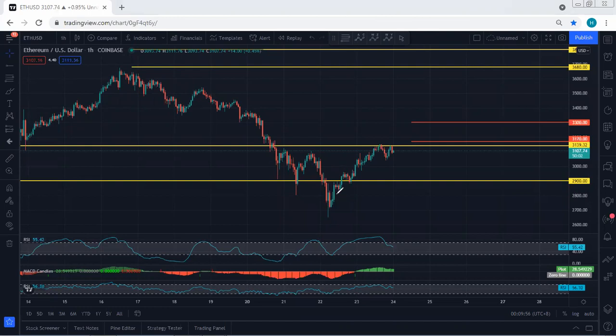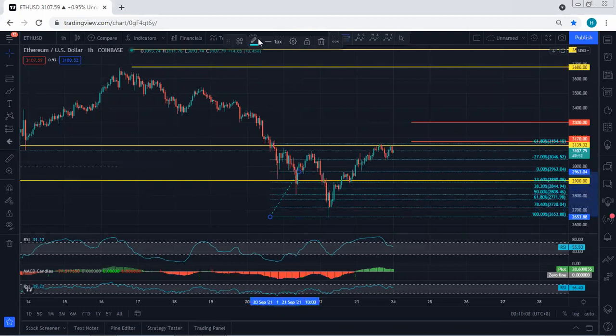Anyway, we had a reversal. There was opportunity to look for buy either from here or here. For those traders who got the trade, they should start to manage, because if we put our fib here, as we can see, we have been looking for 27 as the first target and 61.8 as a second target. As we can see, the price tagged 27 and even the second target, because our percentages are based on this move. And at this time, those traders who got the trade